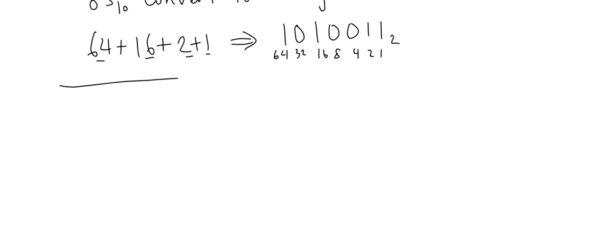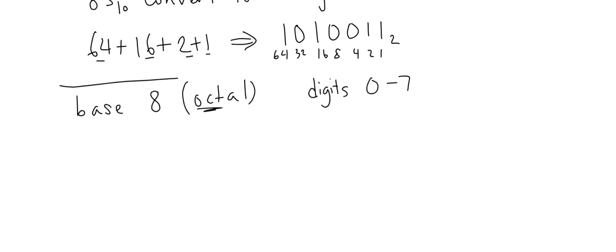Now let's think about another base, base 8. This base is also sometimes called octal, because octal, I think, is the Latin root for 8. And this will have digits from 0 to 8. I mean 0 to 7, sorry, 0 to 7. So for example, if you have a base 8 number, for example, 317 in base 8, if you want to convert it into base 10, you would do 3 times 8 to the power of 2 plus 1 times 8 plus 7,